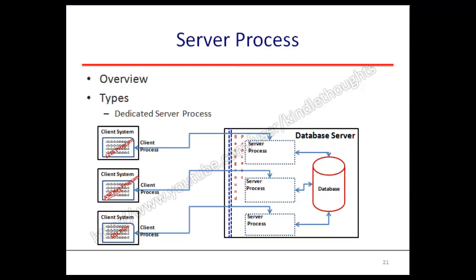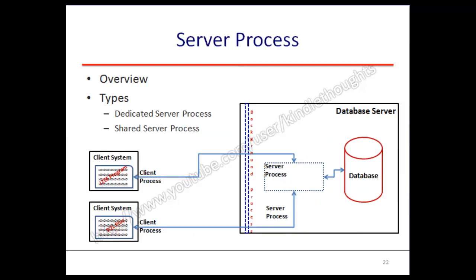So here, as you can see, this is a diagram which talks about a dedicated server process. As you can see in this diagram, you have a client process that is associated with the server process, and that is servicing the request using the database. When we look at the shared server process, you will see that two or more client processes share the same server process. This typically happens when there is a crunch for resources, or the clients do not need too much of processing capability on the server side.